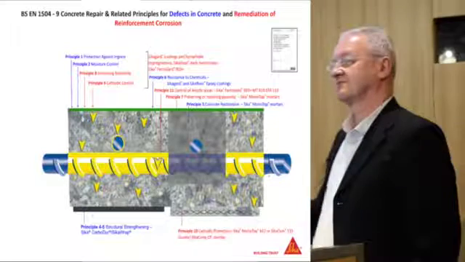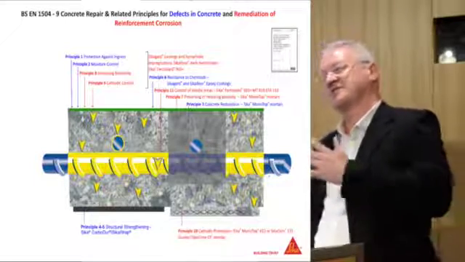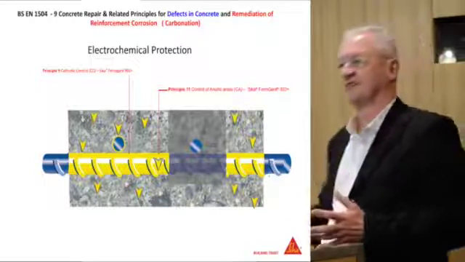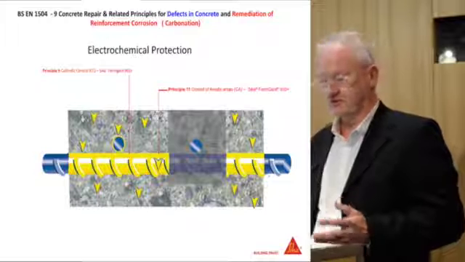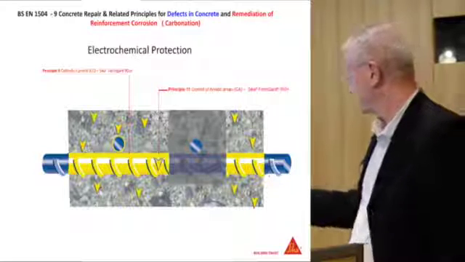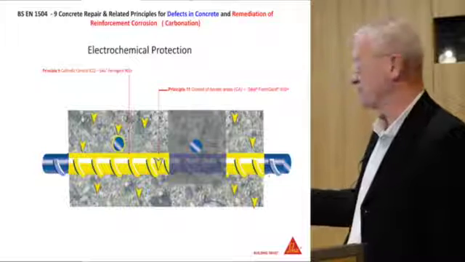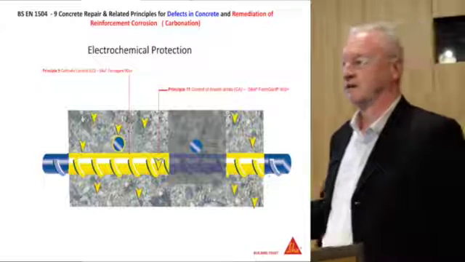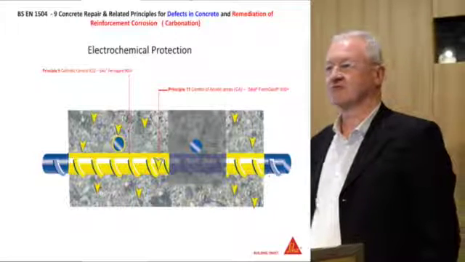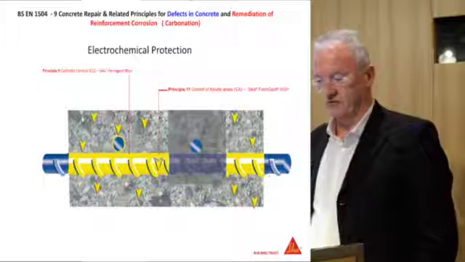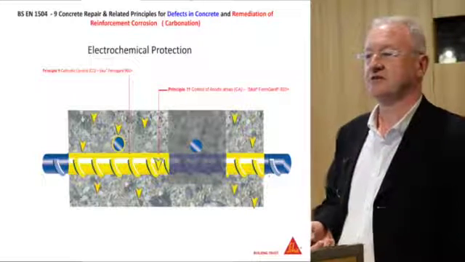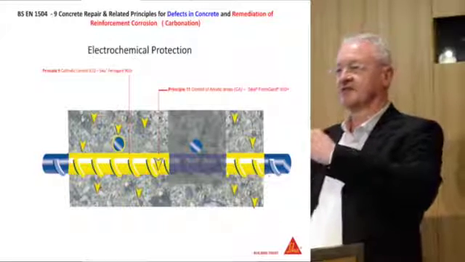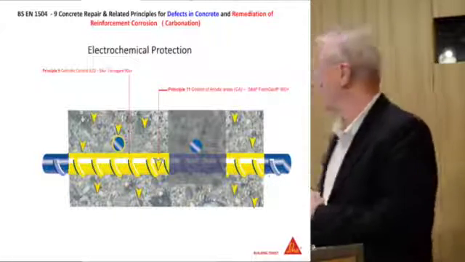So when we start to look at total corrosion management, it sort of comes under this umbrella of electrochemical protection. And for carbonation, it's fairly simple to resolve. You do your repair, and then you just apply the inhibitor over the top, because generally your corrosion rates are very, very small in carbonated concrete, and the corrosion is more generalised. Ferrogard will normally solve the problem, and then it's just a case of putting a coating over the top for aesthetic reasons, but also to stop that carbonation front advancing any further,